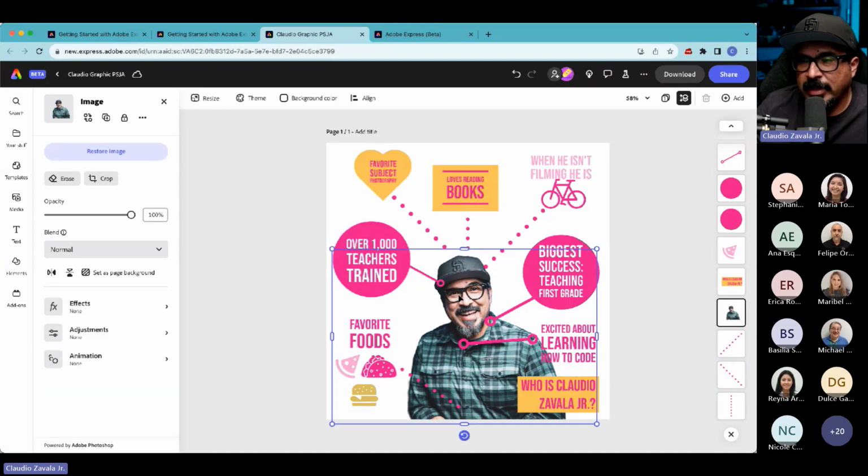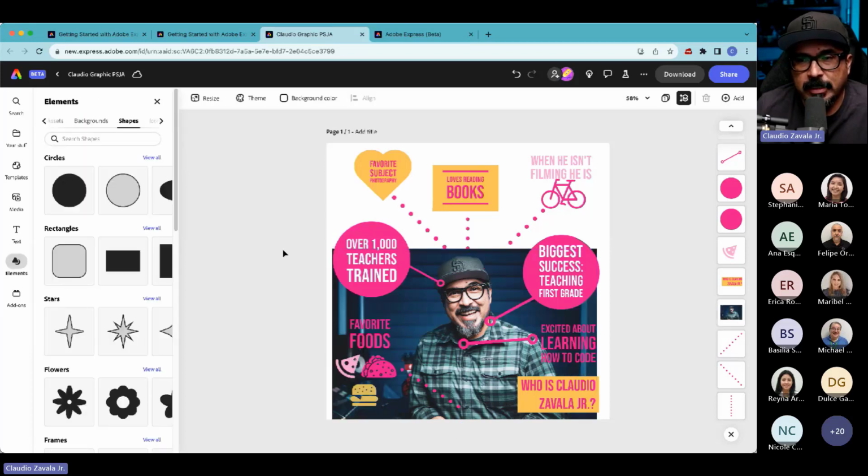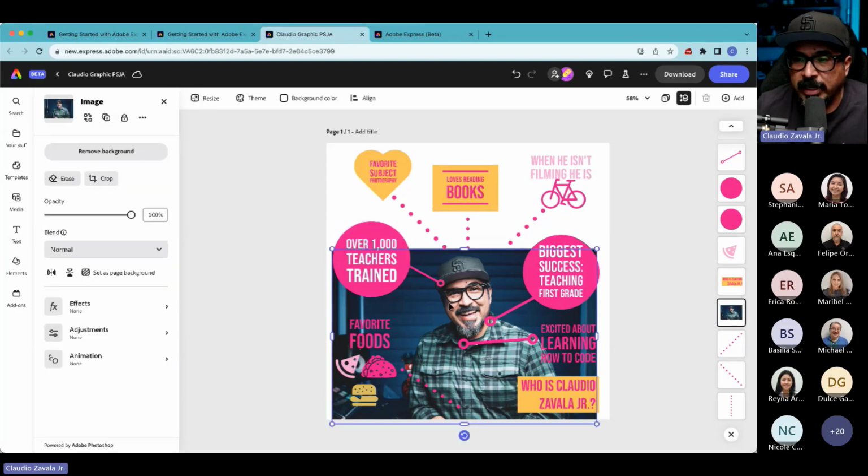I think Lauro talked about it in the beginning. We heard about AI. This is AI that is happening right here. It is analyzing my picture and removing the background. Let me show you the original picture. There's the original picture right there. Whenever you bring a picture in Adobe Express, now the reason why it removed it is because Mina's picture already had that effect. But if you bring in a brand new picture and you click on the picture,